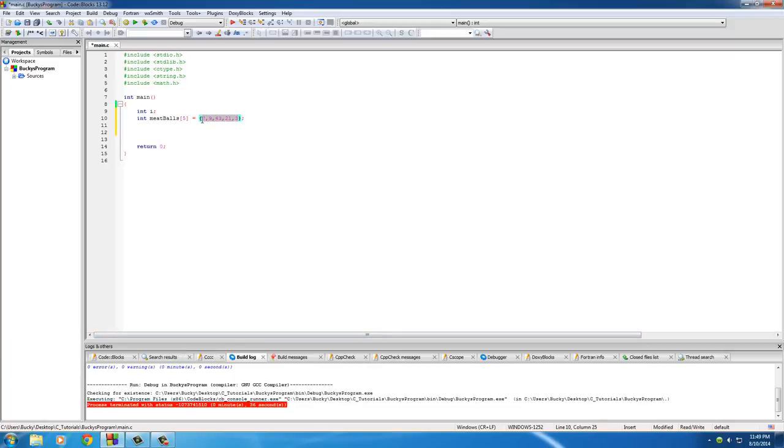The elements actually don't even matter. Just make sure you have 5 integers in there, whatever pops into your head. So now make a basic loop, and I'll put i equals 0, i is less than 5, and i plus plus. So this is going to loop 5 times, and for each loop or iteration, we're going to print out this. The first thing is